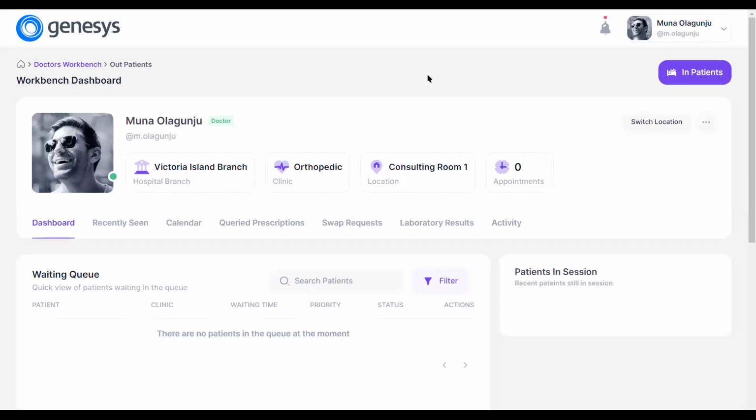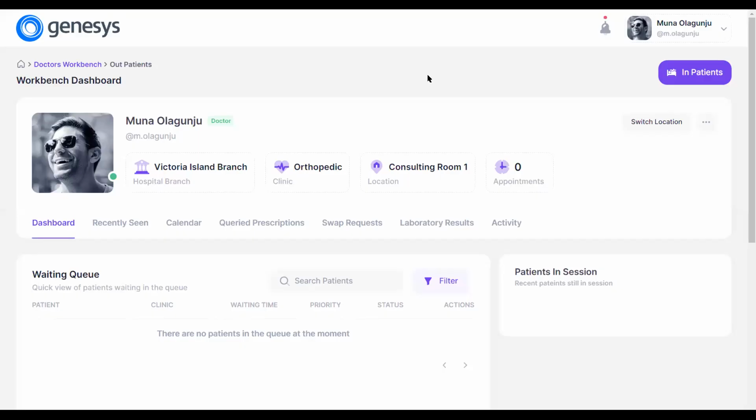Hi. So just as we have the outpatients where we can attend to patients that came for an encounter or a consultation, for lack of a better word, right? We also have what we call the inpatient module. So this module helps us